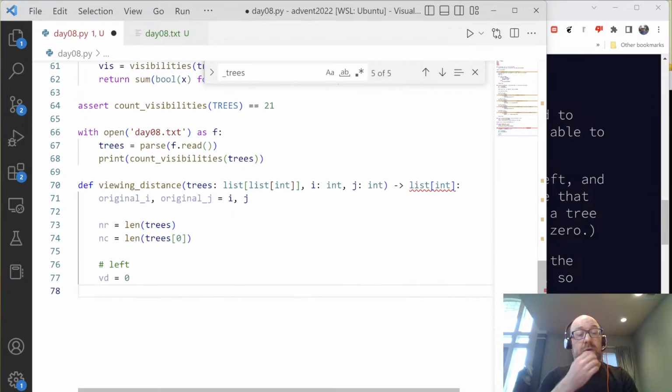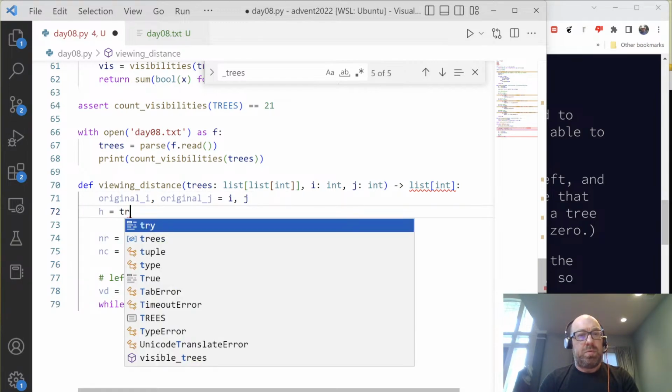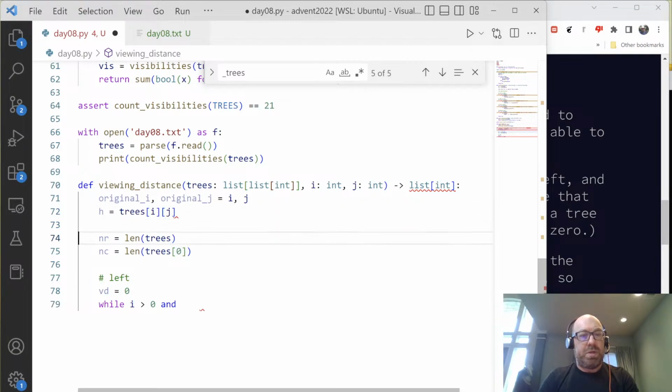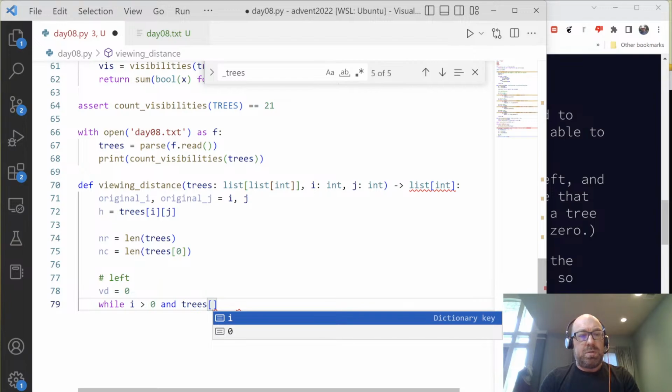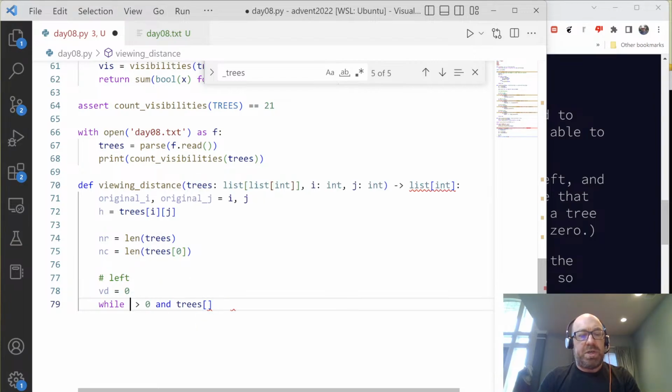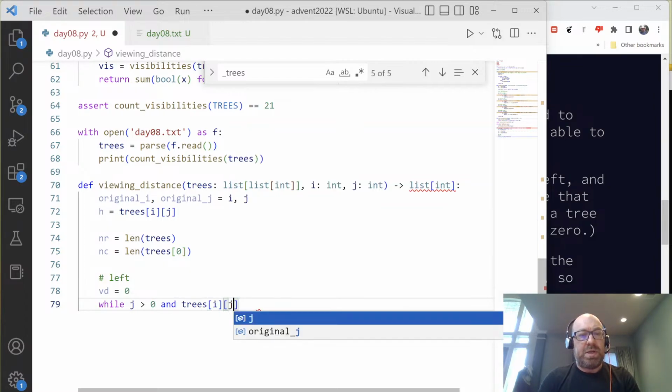Vd equals 0. And let's say h equals trees ij, while i is bigger than 0 and trees, no, left is j. So while j is bigger than 0 and trees i, j,